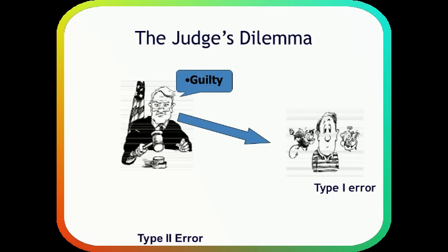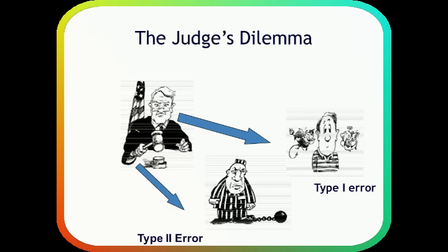Whereas when we look at a person who has committed the crime but is considered to be not guilty due to lack of sufficient evidence against him, the judge is committing what we call a type 2 error. Now the question remains, which one is more serious, convicting an innocent person or leaving a person scot-free who has actually committed the crime? So in practice, the type of error which is most serious is the type 2 error. That is what we need to understand when we look at the errors in hypothesis testing.